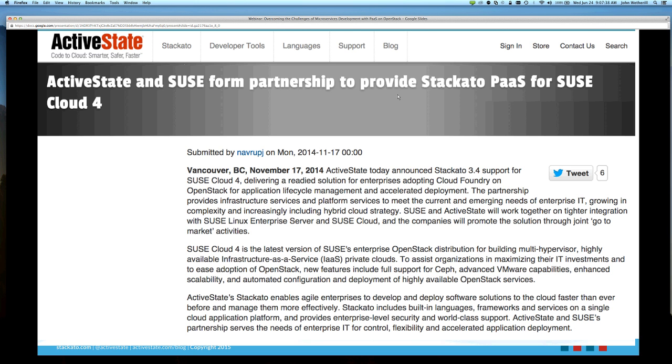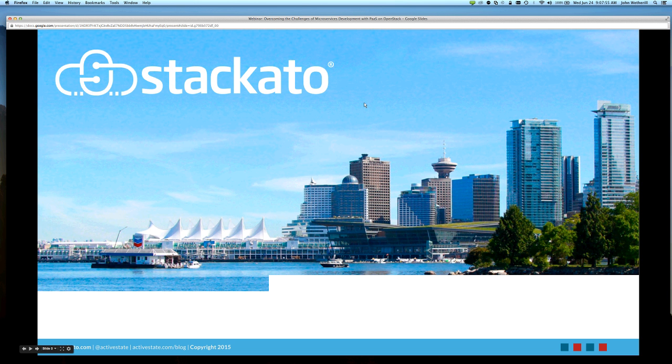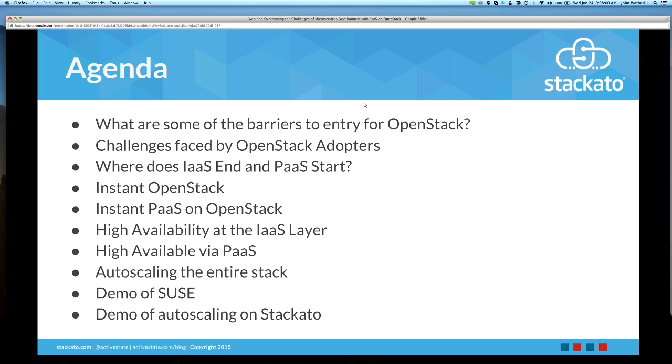I did want to just put up this slide too as well. We did announce a formal partnership with Suse a few months ago, and we are definitely on board with making sure these two platforms work very well together. Some of this is what we're going to be looking at today. During the discussion, if time permitting, we have 45 more minutes or so, we've got 4 people here. We're going to discuss many of these issues, some of the barriers for entry to OpenStack and some of the challenges and then how to overcome those. So we've got a lot of interesting stuff to talk to.